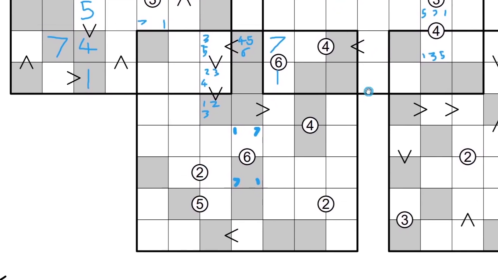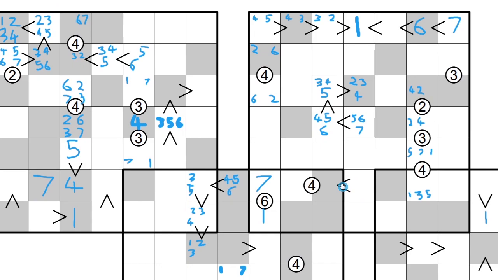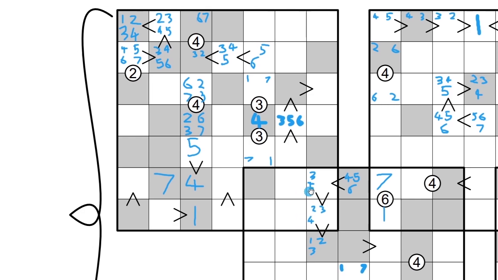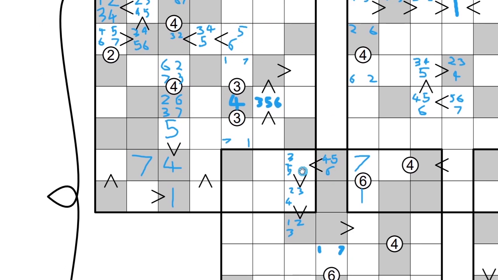What can I work out next? Come on, let's find something. 7, 1. So this is like 2, 3, 4. Yeah, so many things. Anything else we can work out over here? Getting pretty far with this bit. There's a 3 or a 5 there. Right, yeah. There's a 3 or a 5 there. Then